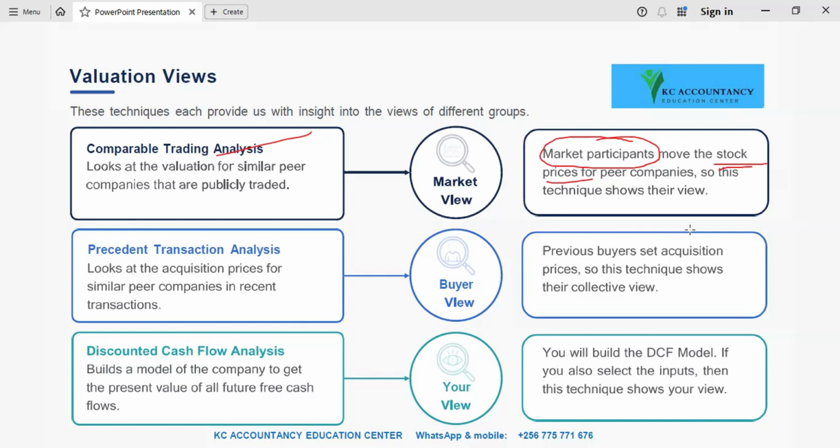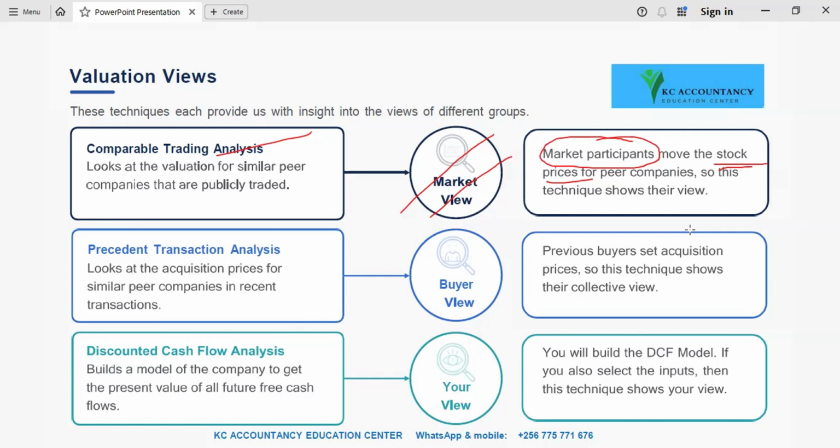We are focusing on the market view, because it is the market participants who determine the stock prices for the different peer companies. So this makes it focus on those participants' view, the market view, of the value of the